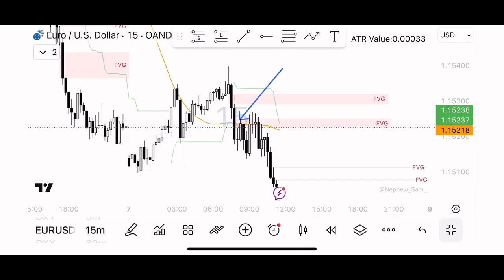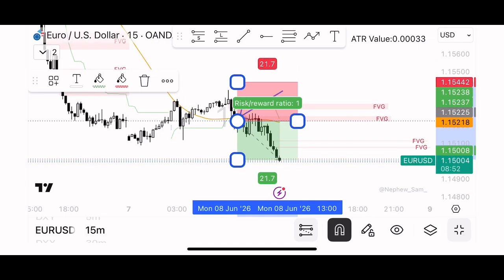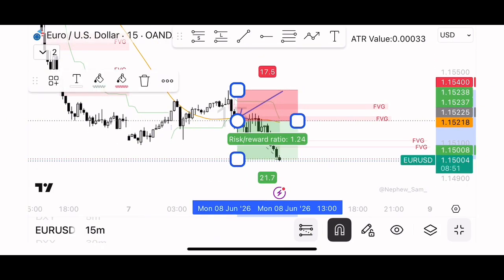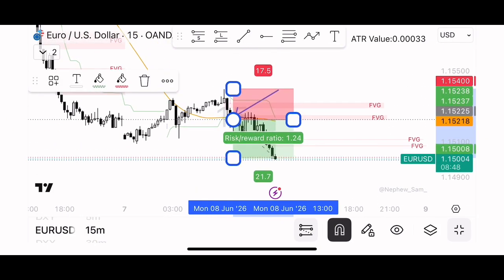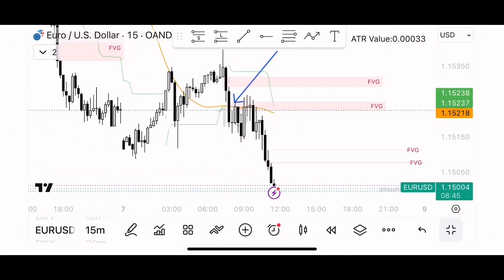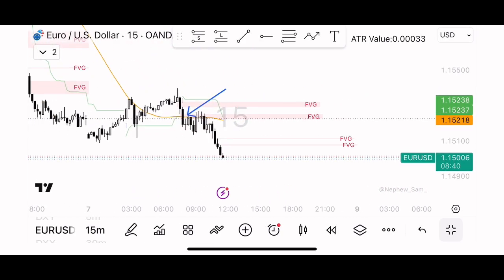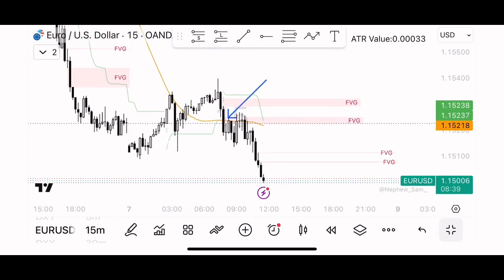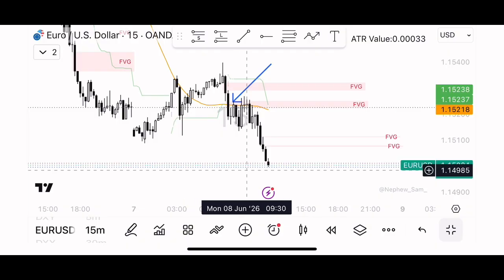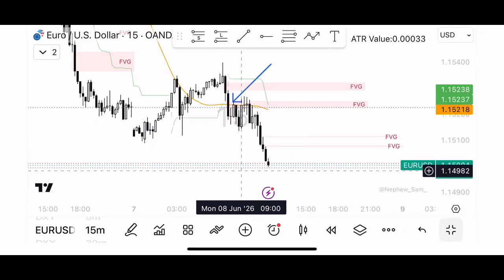I don't need to go on the 1 hour or the 4 hour or anything. I just need to go on my 15-minute time frame, understand that the market is bearish right now, see what I'm expecting for the day, what I want to see for the day, then just look for that. Because there's basically two things that didn't happen. It's either we buy for the day or we sell.